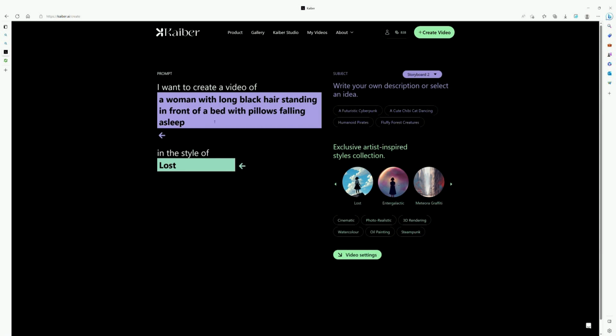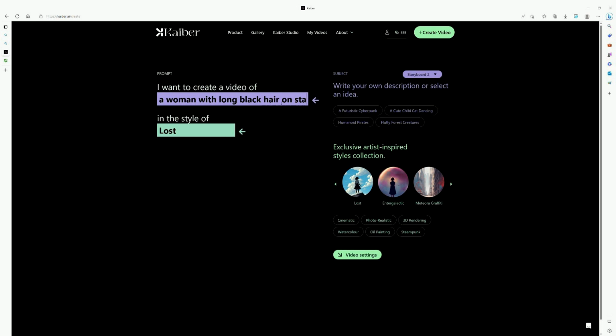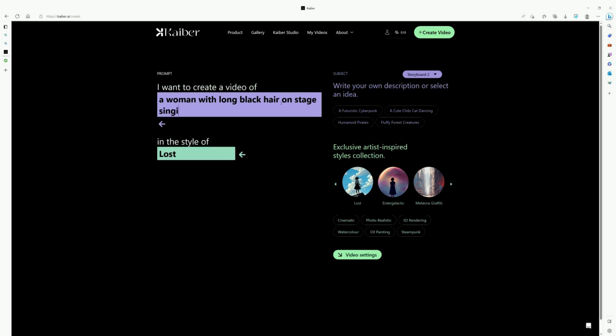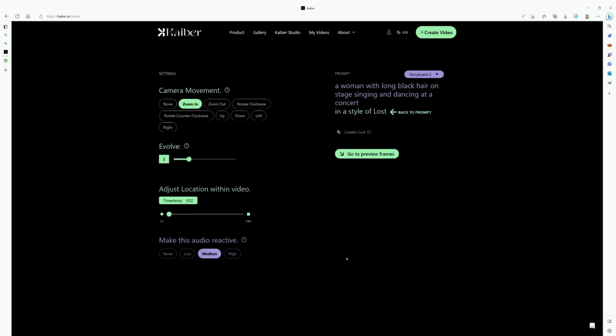You also have the option to use the storyboard and continue your video with another scene. If you choose to do another scene, you will go back to the first screen where you are prompted to enter what you want to create a video of, and you can start the process all over again. The only difference is this time, you have to pick what time frame you want the next part of your video to begin. For this second scene, I'm going to make it about a woman singing and dancing on stage